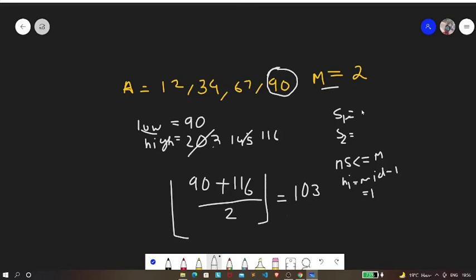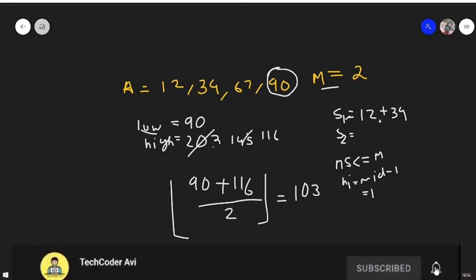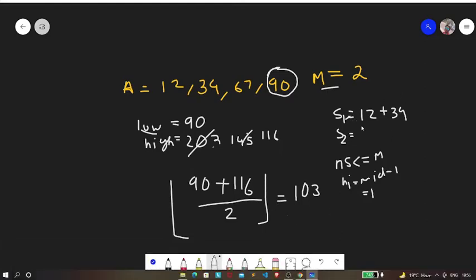So again we are going to see whether, so we are going to add the 12 to it, then 34. Now we find that 46 is less than 103, no problem. But if we try to add 67 this time, then it is going to exceed, right? So we are going to add 67 over here. And now after adding 67, the book containing 67 pages, if we try to add 90, then it will be 157, right, which is actually greater. So we need to add another student, that is student 3.